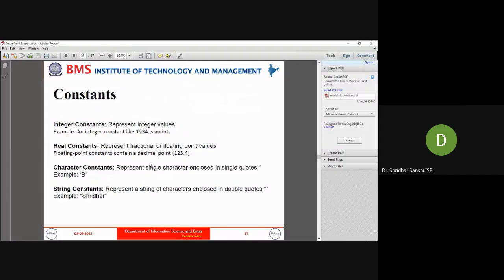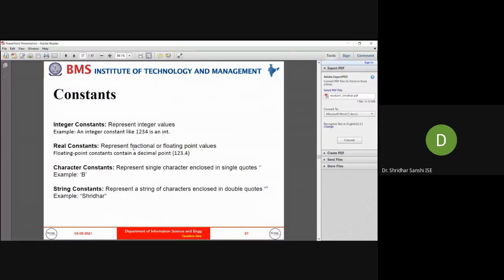Today's class will talk about constants. I think I told you this initially in the beginning class. So what do you mean by constants? Constants are the ones which do not change during the execution of a program. Okay. So these values will not be changed. Right? I have told, right? So how many constants does C provide?